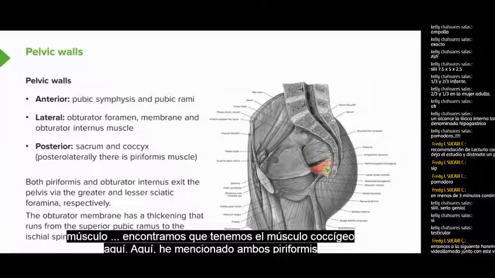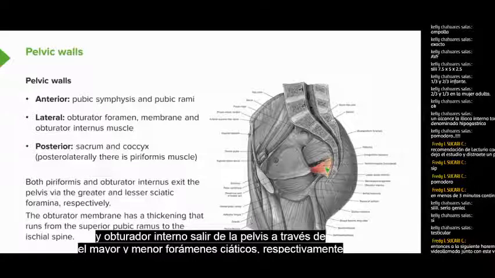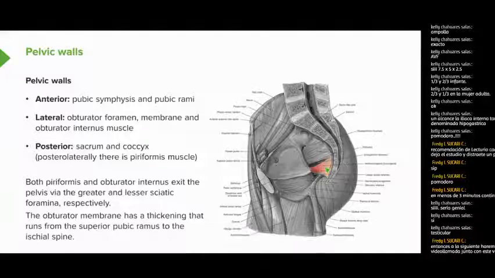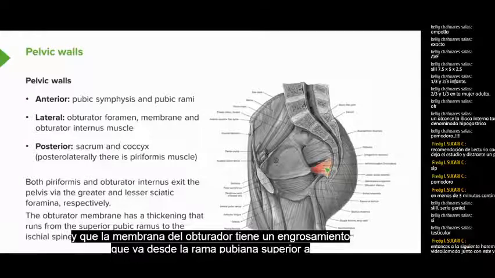Here, I've mentioned both piriformis and obturator internus exit the pelvis via the greater and lesser sciatic foramina, respectively, and that the obturator membrane has a thickening that runs from the superior